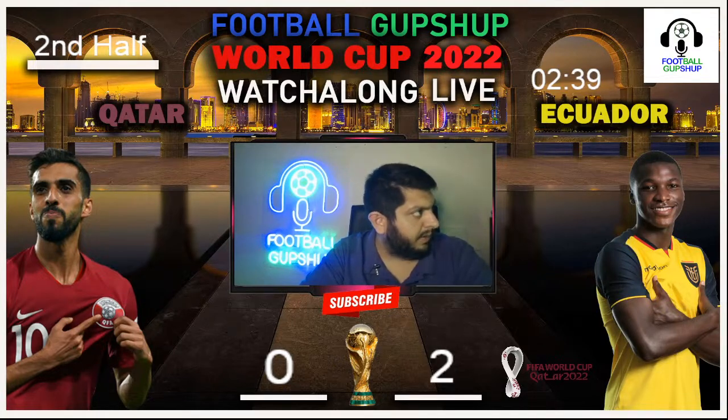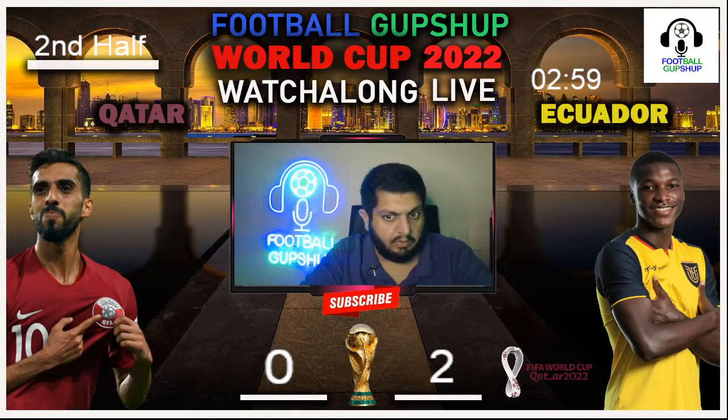And it is 48 minutes in. Ecuador 2, Qatar nil. Qatar once again pushing the ball back. So 48 minutes into the game, Qatar nil, Ecuador 2. Once again, the ball being pushed out onto the left, and Qatar have got the ball.